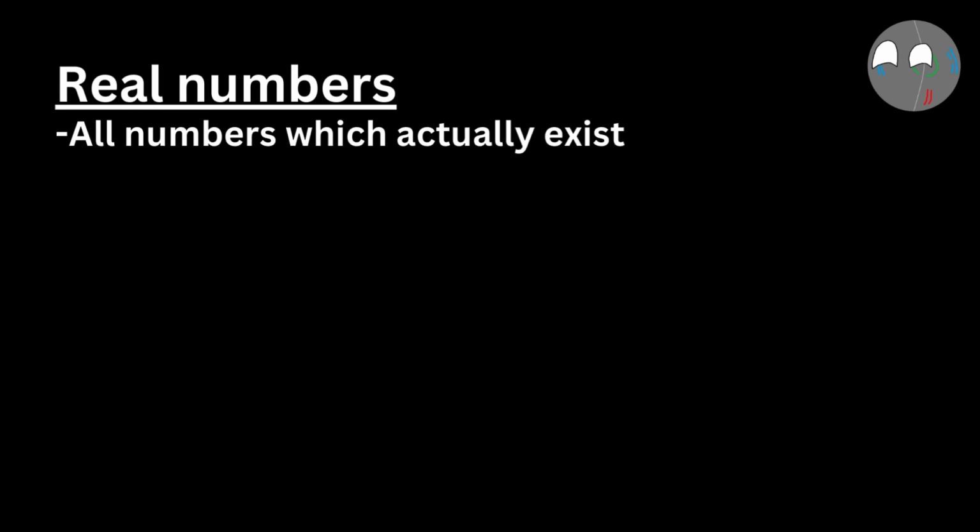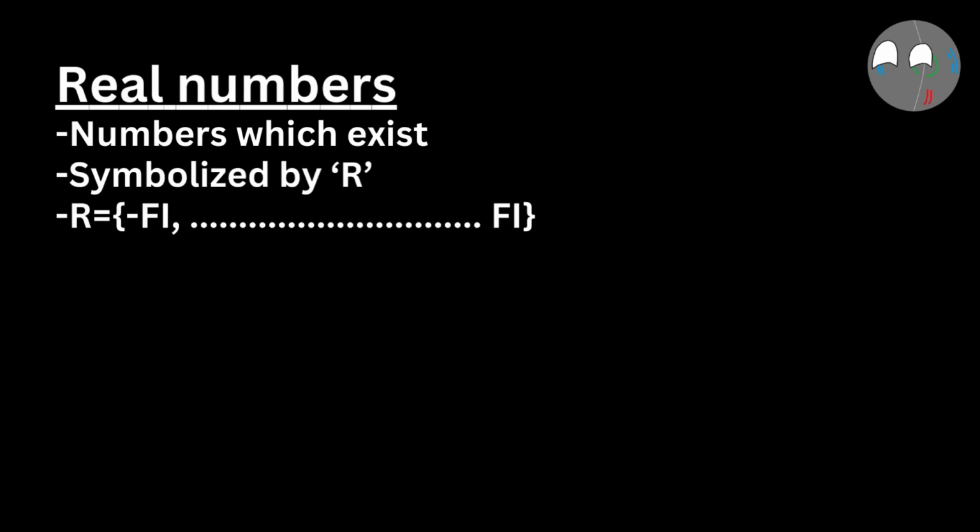So next, second to last, are real numbers. Every single decimal and integer and even irrational numbers, anywhere between minus finite infinity and positive finite infinity, are called real numbers. These numbers are represented by the letter R. So R is equal to minus finite infinity to positive finite infinity. So that means every single number which actually exists is